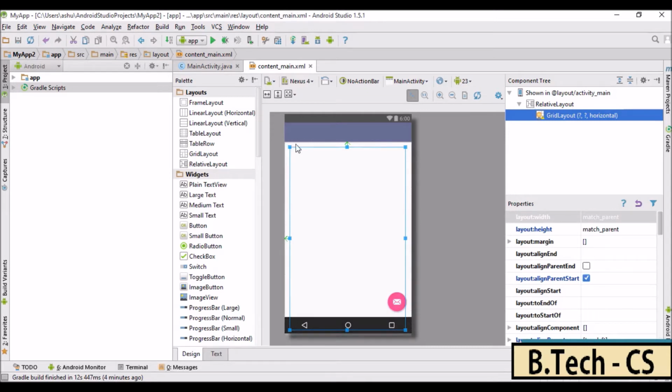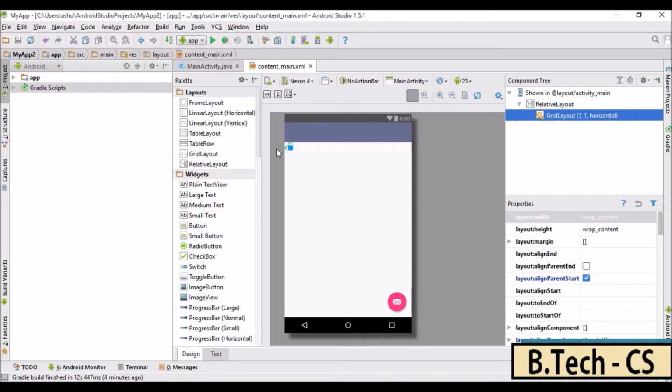For wrapping this layout we use this button right here. This one is used to wrap the content of the layout horizontally. If I click this, it is going to wrap the content horizontally, and this button right here is used to wrap content vertically. When I click it, as you can see, the grid layout is now wrapping the content horizontally and vertically, and as this grid layout has no content, it spans a small piece of area right here. Now let's go ahead and add some widgets to this layout.